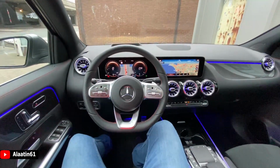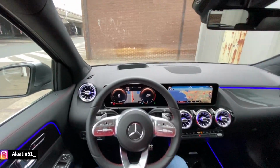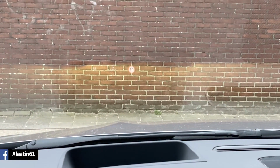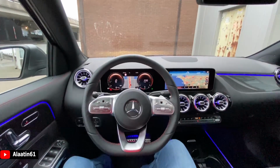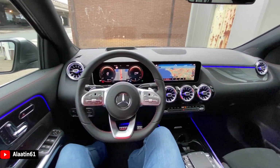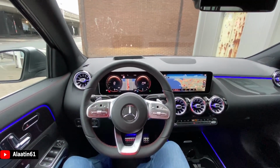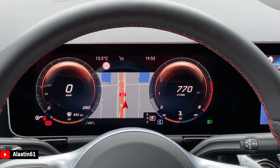And we are now in the driver's seat of the all-new Mercedes-Benz GLA. As you can see, it has the beautiful head-up display with the traffic sign recognition and the digital speed. You can also put the G-force over there. It has the widescreen cockpit, the MBUX system. You can also give it voice commands. Over here you have the new digital instrument clusters,